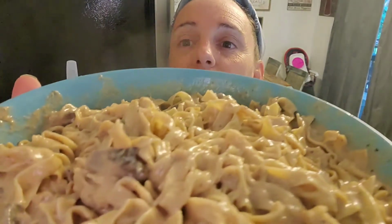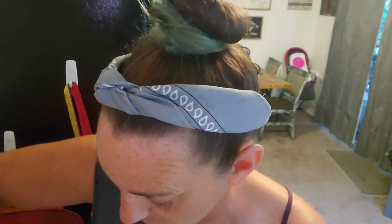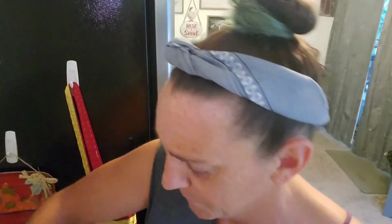Now, I'll admit, this is completely different. I know this is the traditional way to make it. Let's take one more look. But I make it like my grandma made it and my mom made it. So, this is the first time that we're going to give it a try the way that it's normally made, because the sauce that my grandma and my mom make, it's completely different. I don't remember if it was out of like a Betty Crocker cookbook or what, but